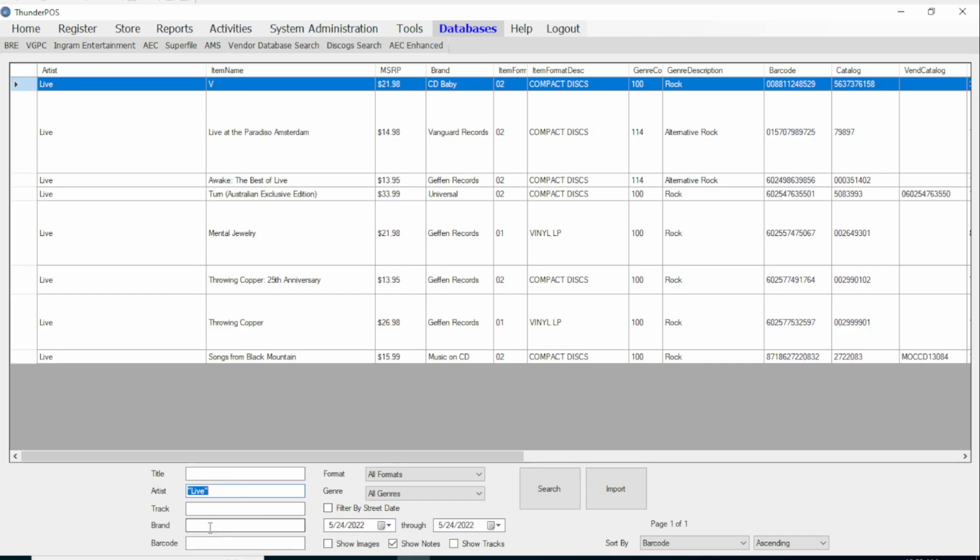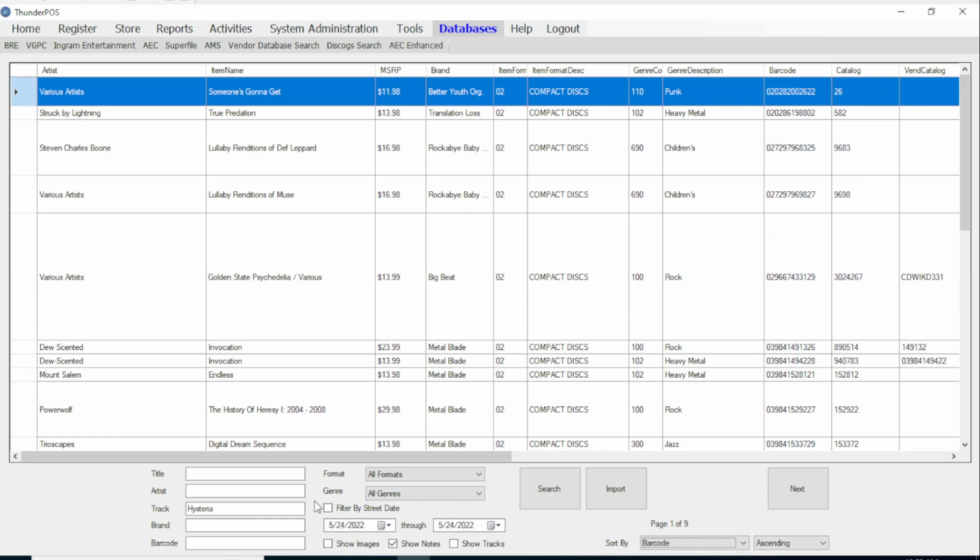For tracks, unfortunately, it is going to always be a little bit slower. But I would recommend that when you're doing a track search, if you know the artist, you should search by both. For example, if we search by Hysteria for the track, and we just search for the track, you'll notice that it's going to take a little bit here. It's not that slow, but that took a good 7-8 seconds